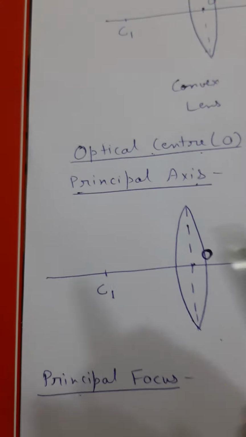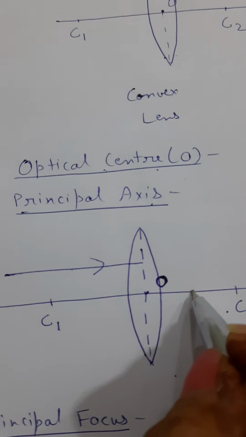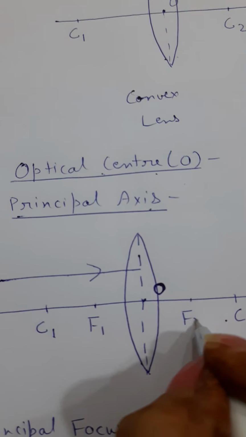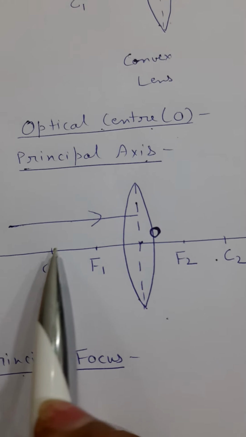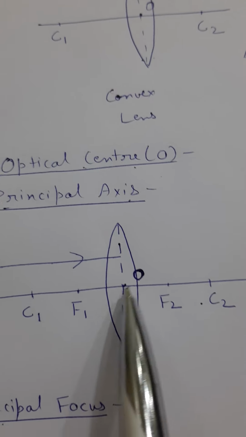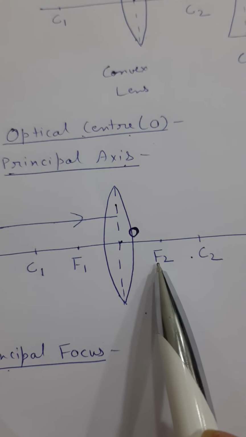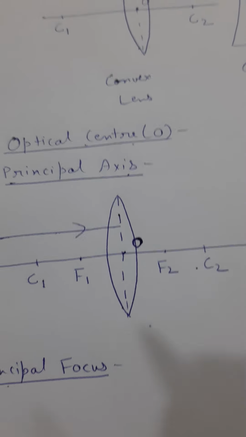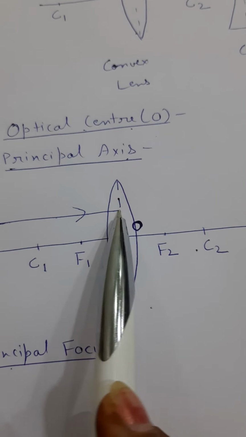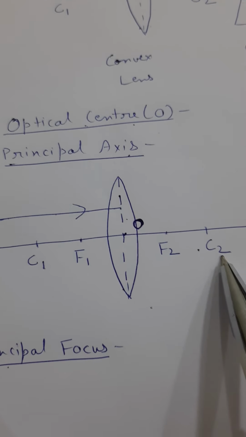See how. Suppose rays are coming like this. First of all I am marking this one. Suppose this is focus F1 and this is F2. The midpoint of OC1 will be F1, and the midpoint of OC2 will be F2. It is not necessary every time, I am discussing according to your syllabus whatever is required. So what will happen as soon as this ray passes through the lens? The lens is a transparent medium, so obviously the rays will refract.